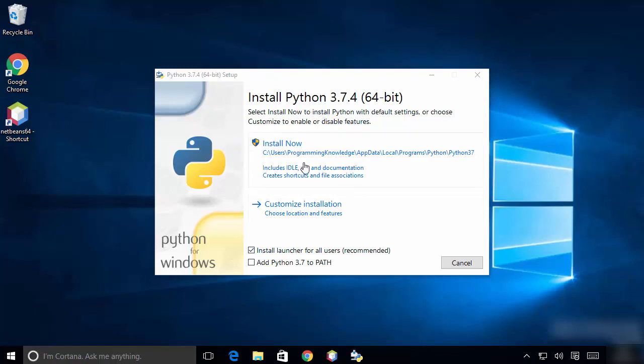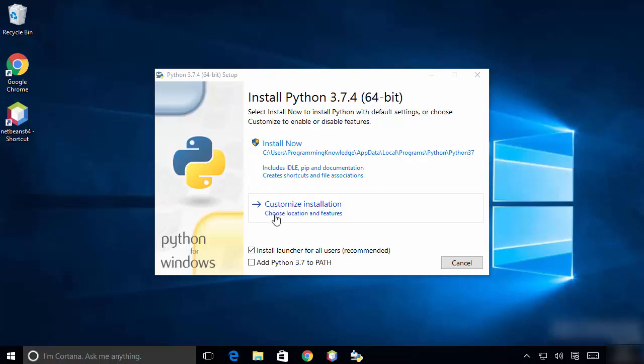So by default, Python is installed on this path on your Windows operating system. But what I would like to do is I like to install my Python in my C directory so I can easily access that directory. So what I'm going to do is I'm going to choose this second option which says customize installation.